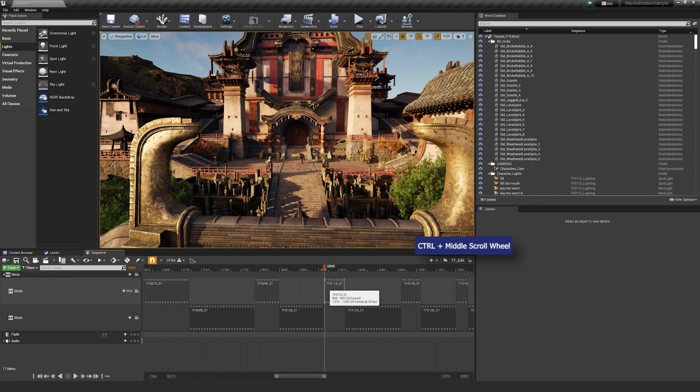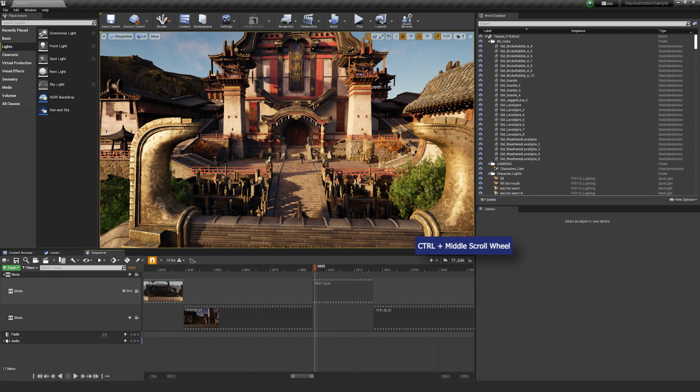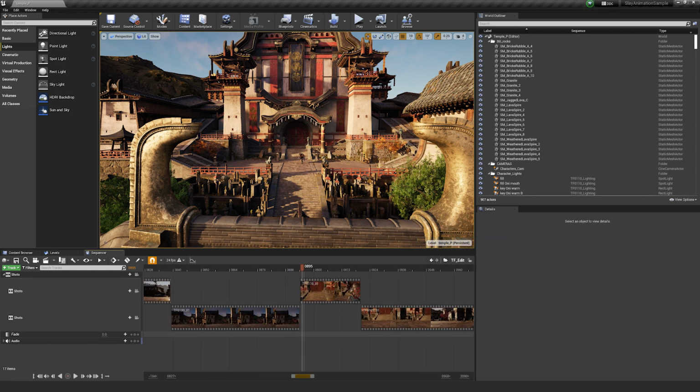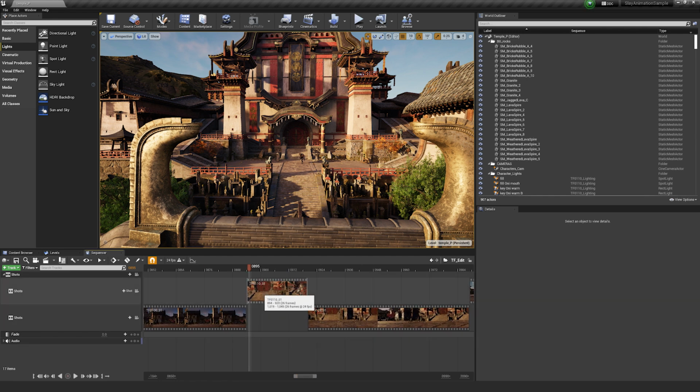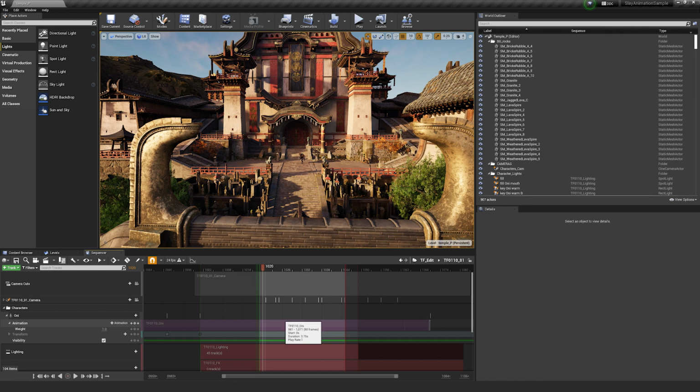That can help you zoom in and out of sequencer as a quick little shortcut without having to manually adjust this bar at the very bottom here. So we're going to go to shot TF 0110. We're going to double click that open. Once we do, we can see that there's already quite a bit of stuff.